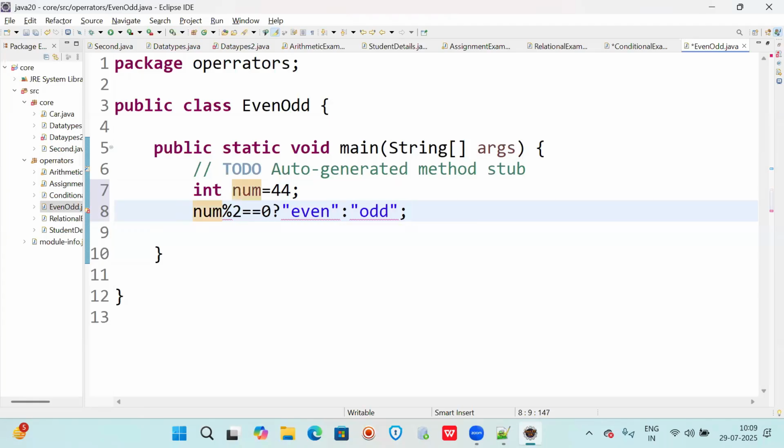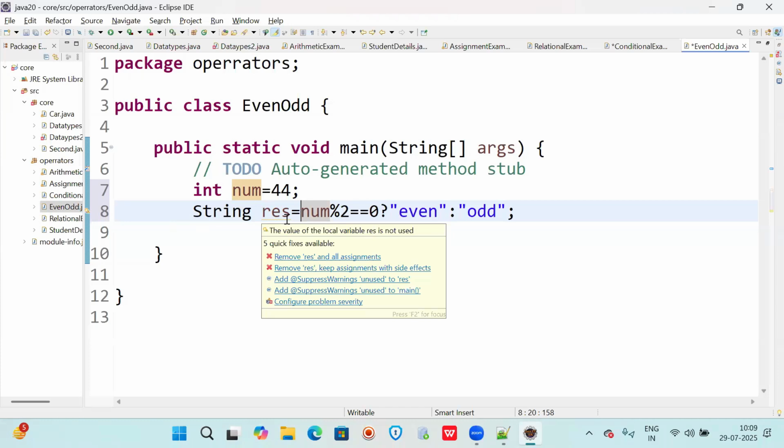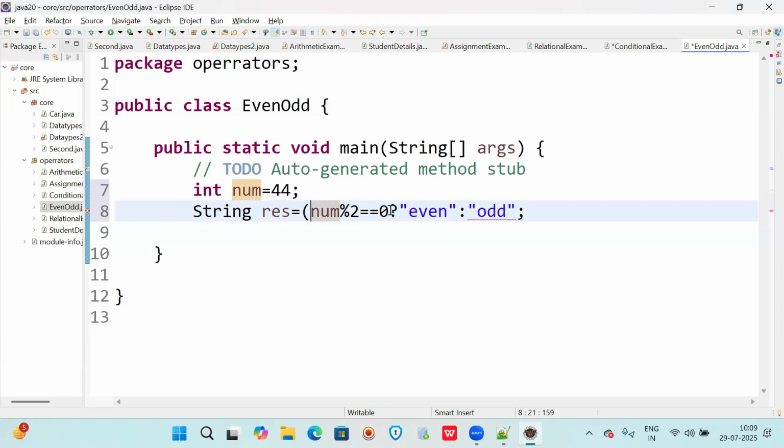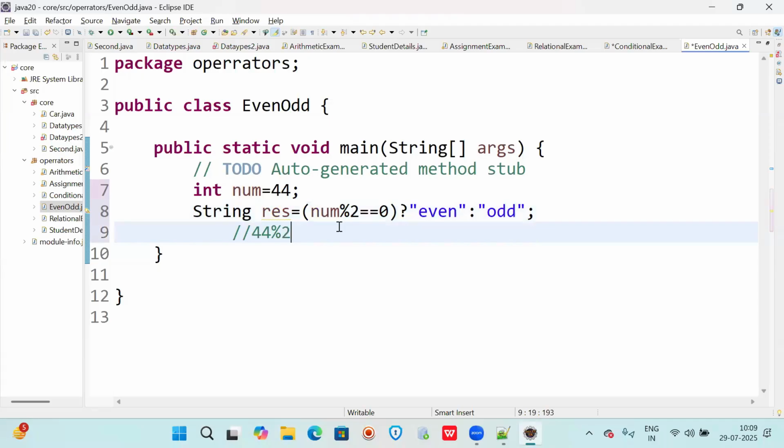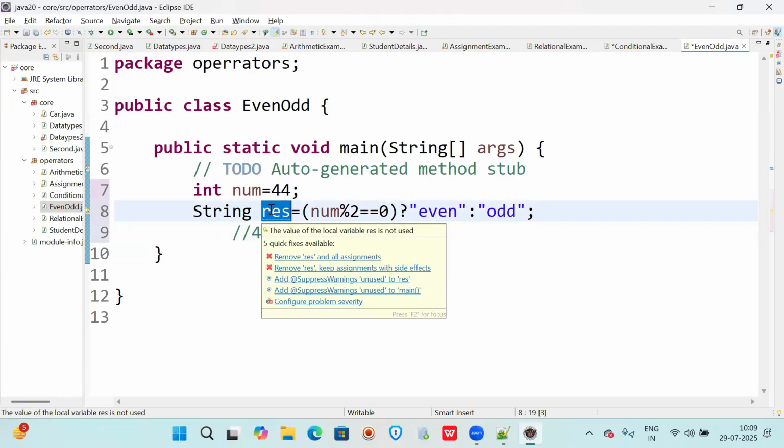So let us take one string result, res. You can take any variable name, but I am taking res. Now here 44, I'm writing in the comment: 44 modulus 2 equal to 0. Is it true? Yes. So what will come to res? Even.